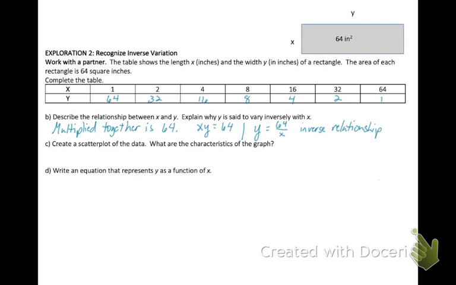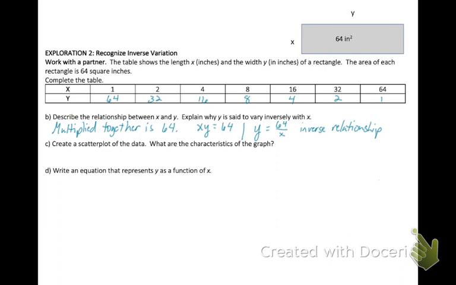This is an inverse relationship. So when you have one value equaling 1 over another value, or some number over another value, in math that's called an inverse relationship. Now pause the video, go to Desmos, plug in those points, and look at the characteristic